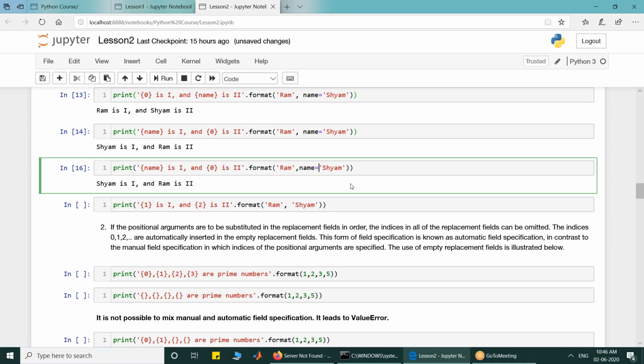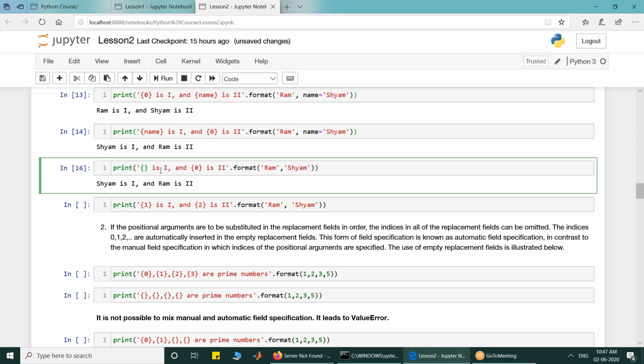And the second way that I can correct it is to remove this name from here. Now both Ram and Sham became positional arguments. Since they became positional arguments, the identifier name cannot come here because name corresponds to none of the arguments.